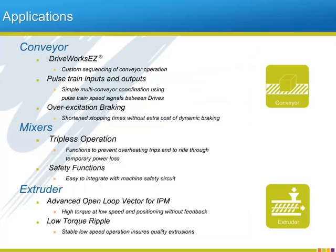The A1000 lends itself to most applications, but it can be nice to associate some functions with an application that will benefit from them. A conveyor, for example, can benefit from the power of the custom programming offered by the DriveWorks EZ program to allow custom sequencing of driven conveyors without the need for a PLC. The fact that all A1000s offer both input and output pulse train capability makes coordinating between conveyor sections driven by different A1000s extremely straightforward. Over-excitation braking will be advantageous for the occasional fast stop without the need for expensive dynamic